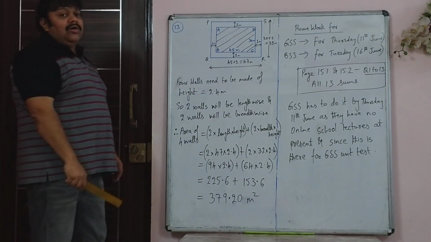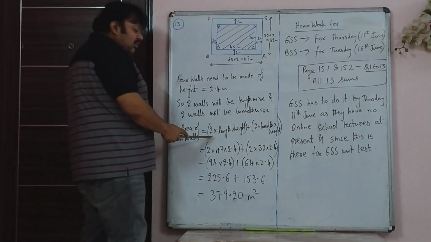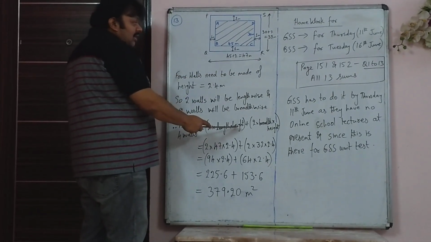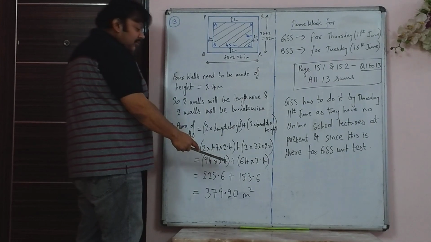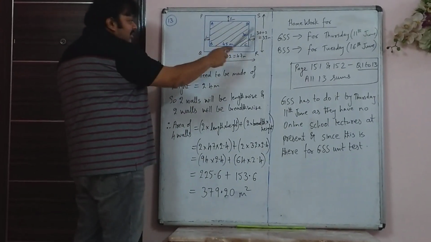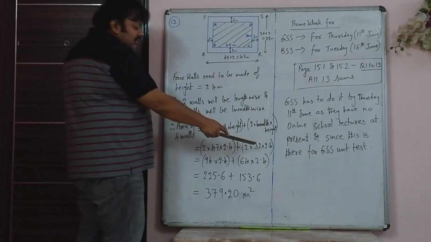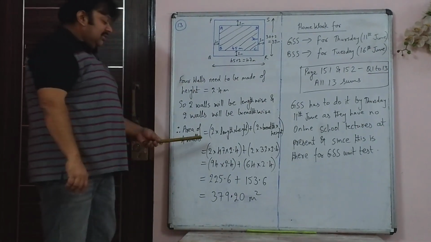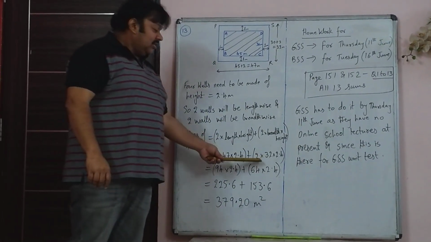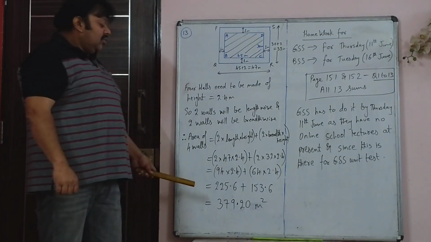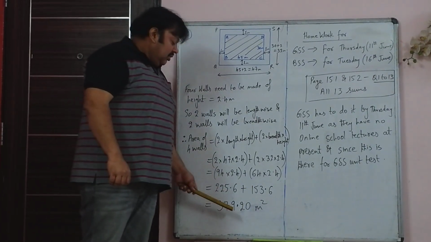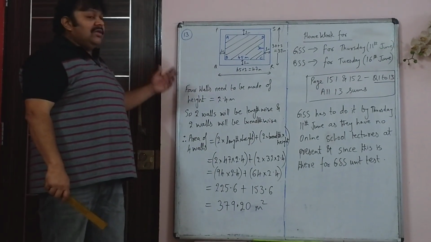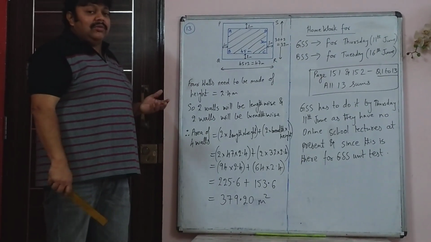So the total area of the walls is ours. So it will be 2 times length, outer length, that is QR 47, into the height of the wall, which is given as 2.4 meter, and 2 times the breadth, both of them, into the height, which is again 2.4 meter, and the breadth is 32. So it's a simple sum, 94 into 2.4 and 64 into 2.4. So when you do the calculations and add, those are the numbers. So you get 379.20 meters squared.